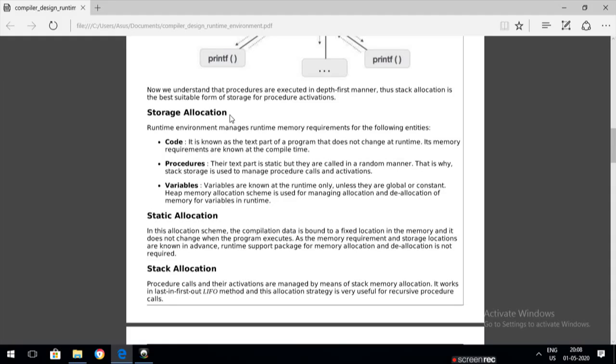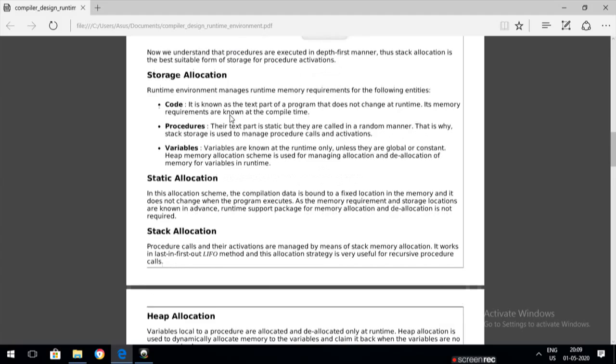All together, how we manage them in memory allocation, that is the storage allocation. So the runtime environment manages runtime memory requirements for the code. As I said earlier, code has a fixed memory size, so it's not dynamic, it is static. Once we know the memory size of the code, we can fix it for the code before compile time.